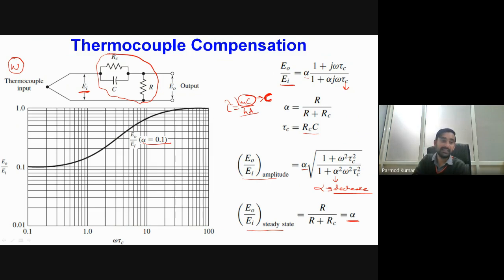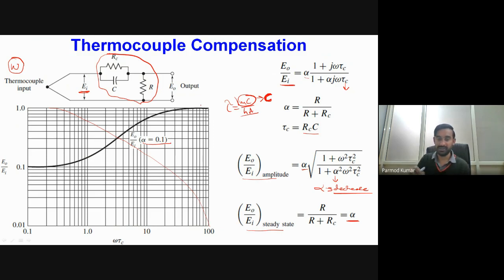Now you can see in our previous slide, the variation of temperature had an effect in the downward direction. In this particular circuit, the additional network we have used has a tendency to increase the output. So both these effects are counteracting. We can employ the combination of these two in order to compensate and obtain a fixed output, and that fixed output we will find in some narrow range of frequency.